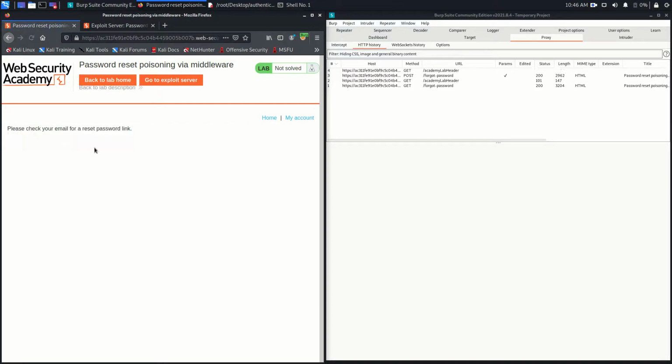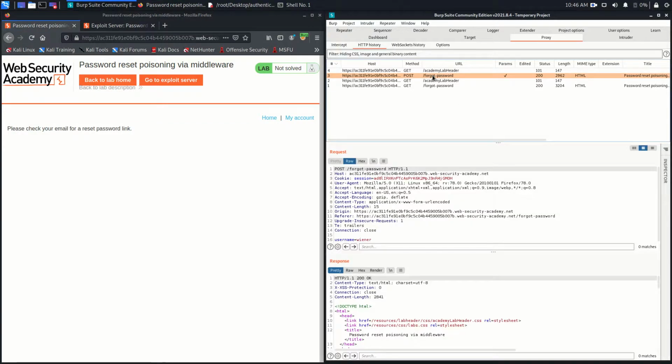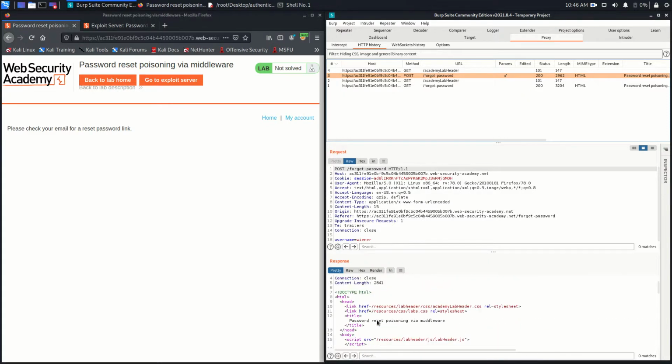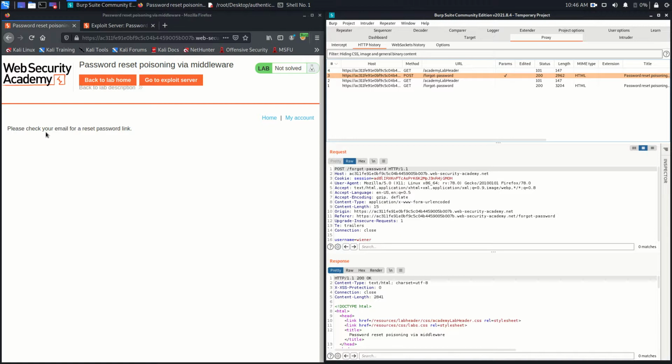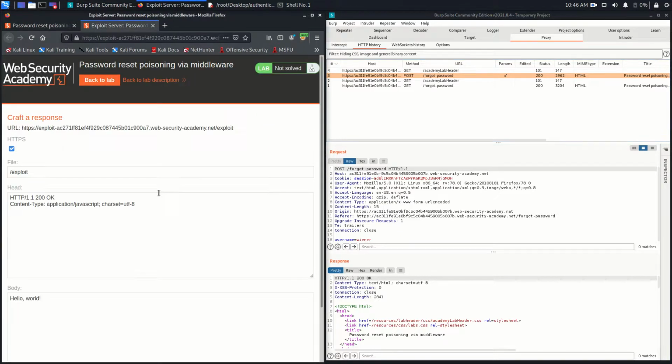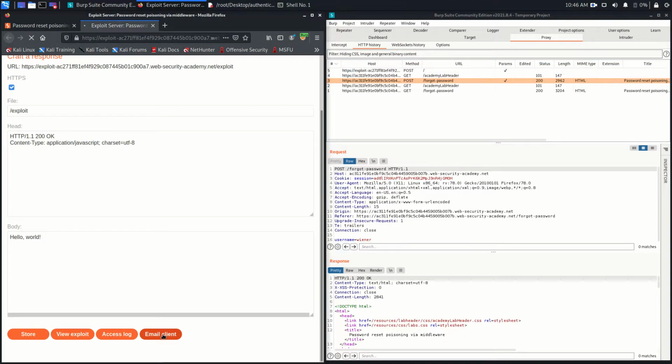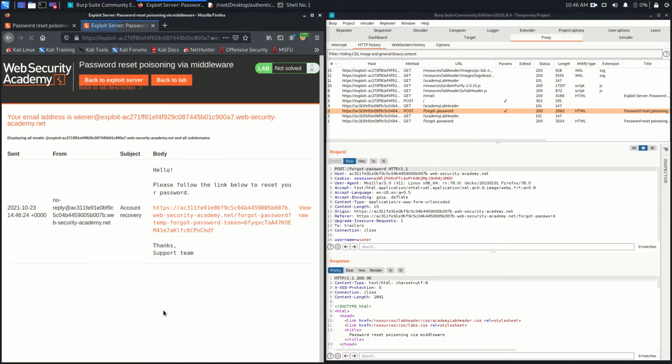Submit, and once you submit, you will find this POST request for the forgot password. And if you look closely at this request, you will find that the username wiener is there. Next, as you can see here, it says please check your email for a password reset link. So if I go to my email client, you will see there is a link for the password reset. So I'm going to click that link,